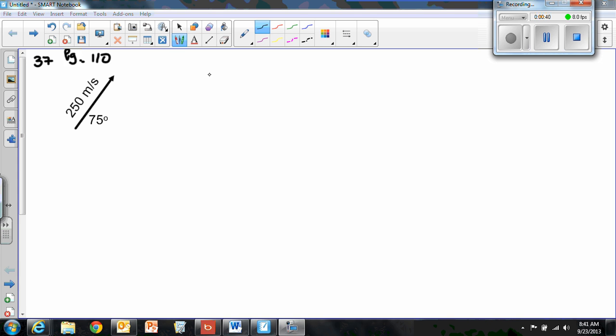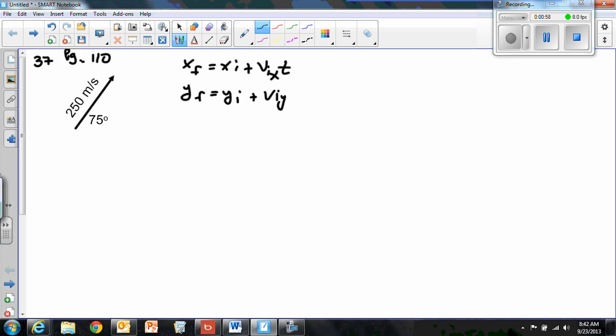Lots of numbers here. Looks kind of complicated, but again, we have two equations. X final equals X initial plus V initial X times T. No acceleration in the X direction. That's a constant velocity all the time. And then Y final equals Y initial plus V initial Y times T plus 1/2 GT squared. We're going to do an XY table like we always do